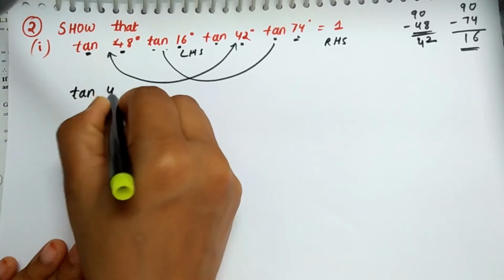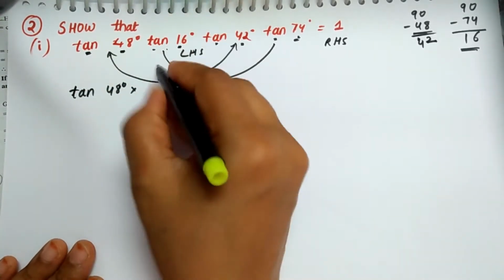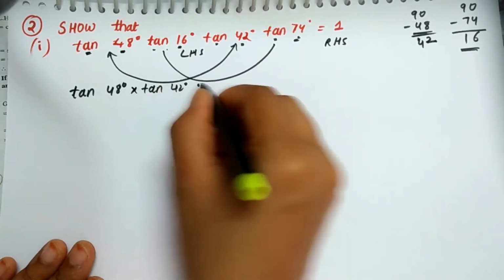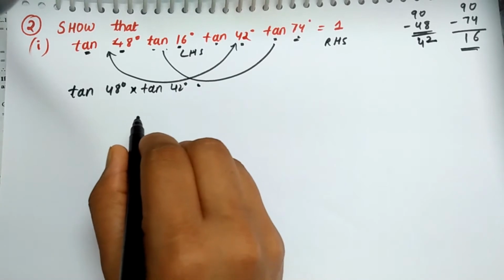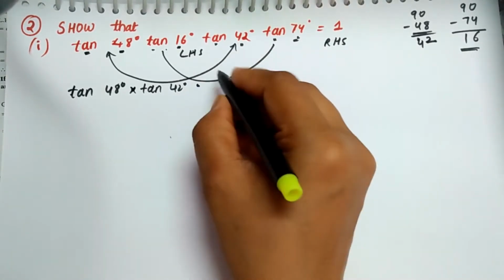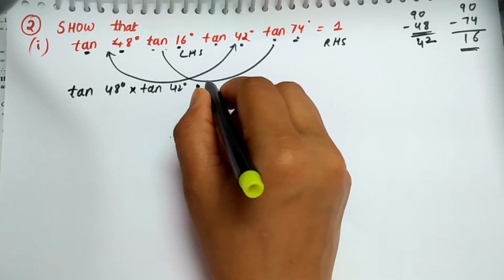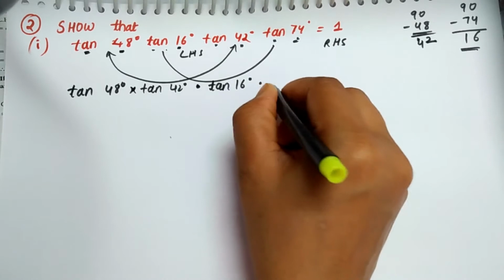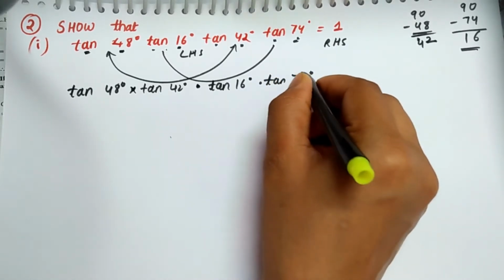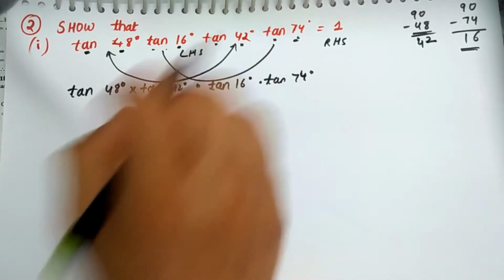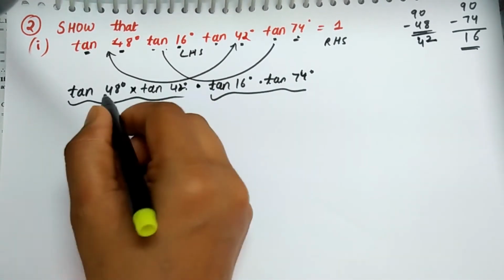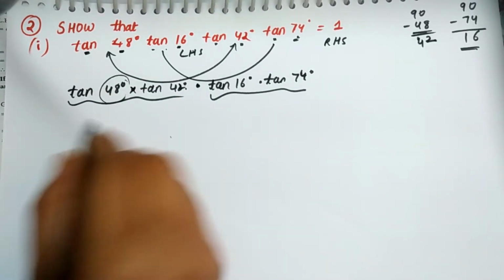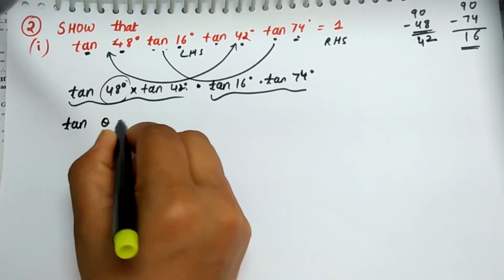Tan 48 degrees into tan 42 degrees into tan 74 degrees, right? It's not a subtraction or addition, it's multiplication, so it should be easy to move any of the terms here and there. We are just getting the common things together. Then we will be taking the highest one and changing that value, right? So tan theta, we know that